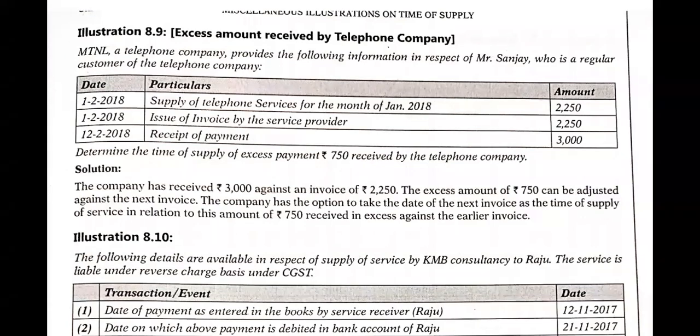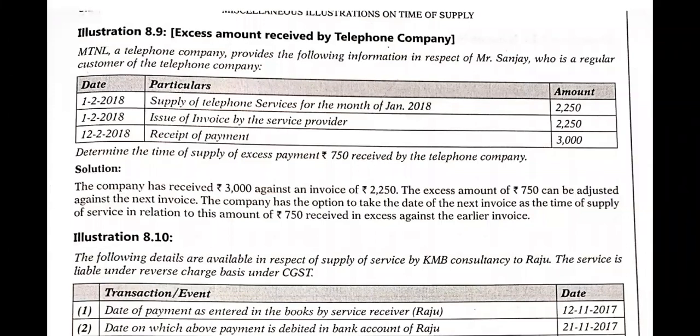The company has an option to take the date of the next invoice as the time of supply. GST has given an option that whatever excess amount is there, the company can take that amount of 750 rupees in the next invoice, and that can be shown as the time of supply of services in relation to the amount of 750 received in excess against the earlier